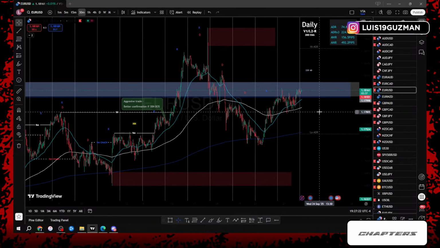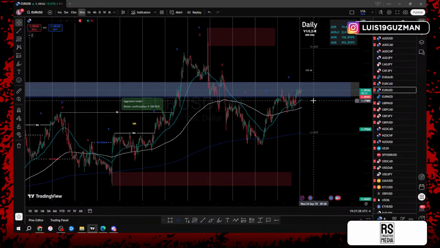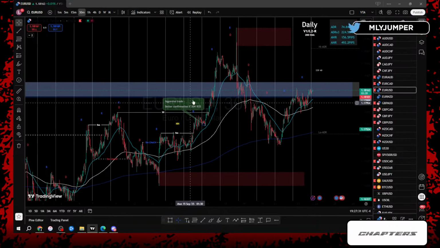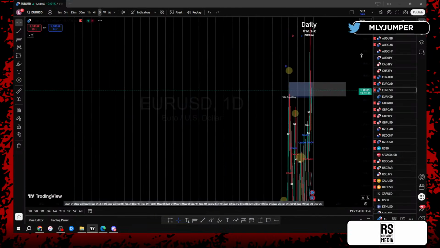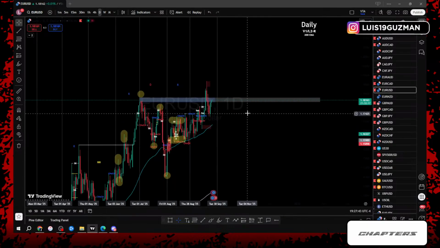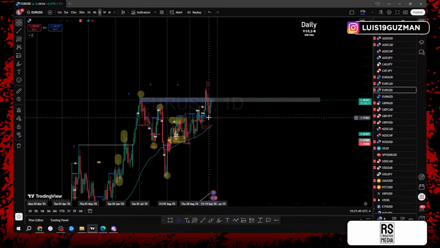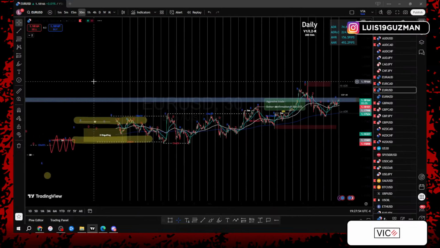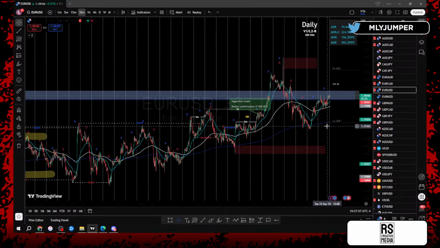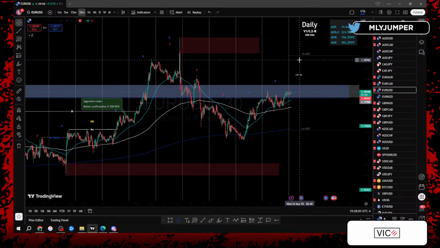same reasoning as, or similar reasonings as to why I'm not looking at EURUSD. Because even though we have a change of character and a break of structure, the highs that price reached when it made the higher high were those external highs that we needed to see price give us a valid break of for us to say that this is a higher high point and for this to be a higher low to continue that push to the top side. So the fact that price didn't give us that valid break on the daily or the 4-hour, I can't expect price on the 30-minute to continue this trend up to the top side.